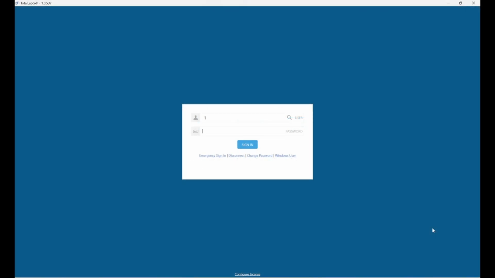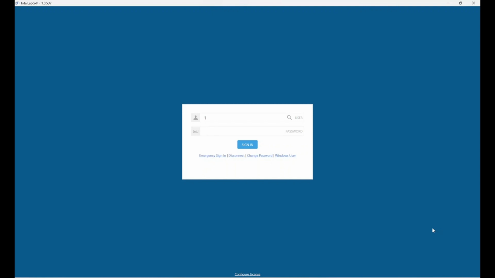Hello everyone. So today I'm going to be showing you how we can calibrate our images within our TotalLab GxP module. Now, image calibration is reserved for our 21 CFR compliant pieces of software, which are all governed by the TotalLab GxP module. So it's part of the TotalLab GxP module. The reason being that the vast majority of our users that wanted to use calibrated images were already working in regulated sectors anyway, so it made more sense to just include that with the GxP module with the regulatory side